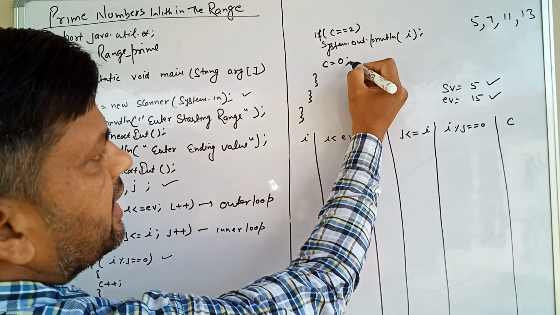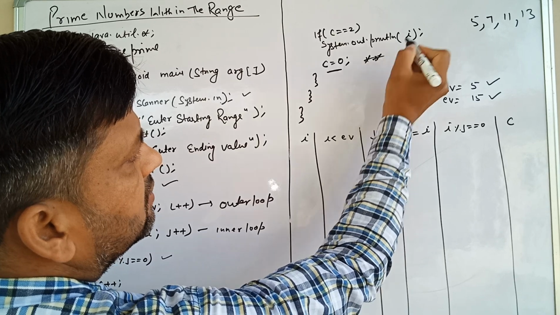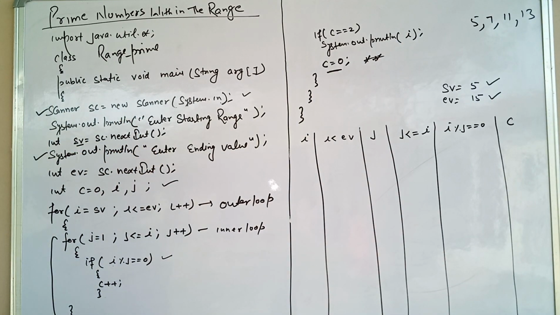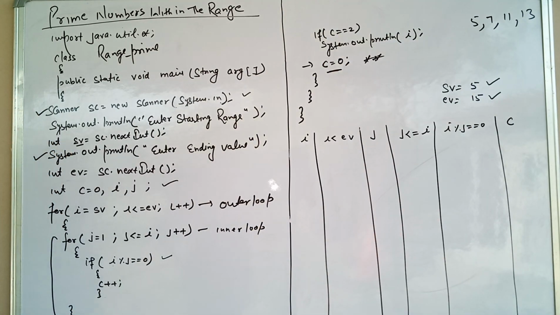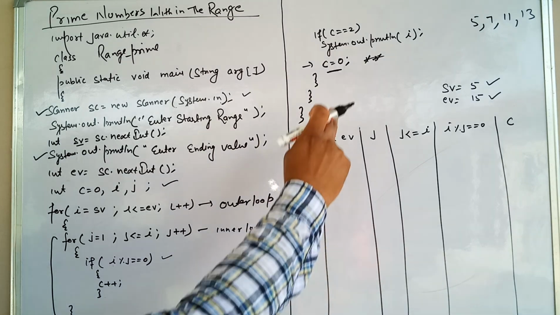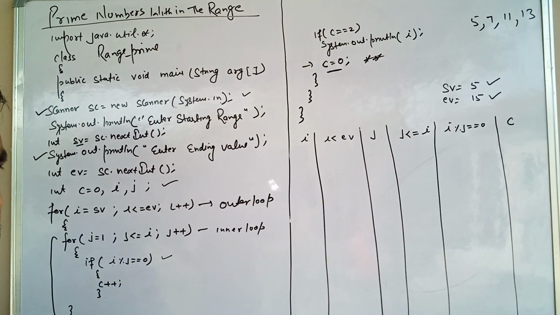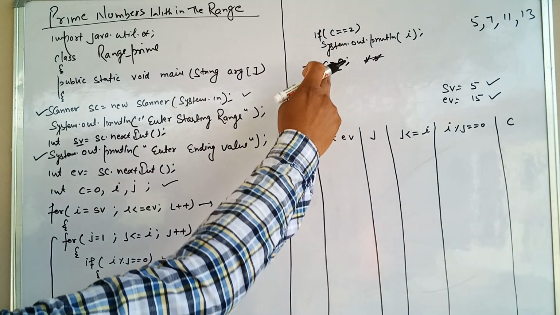It is a very important step, this one. Very important. Otherwise, if you skip writing this line, your program output will be wrong. Because when you do not reset this variable to 0, for the next value C will start updating from 2, which will be wrong. So it is a very important step to